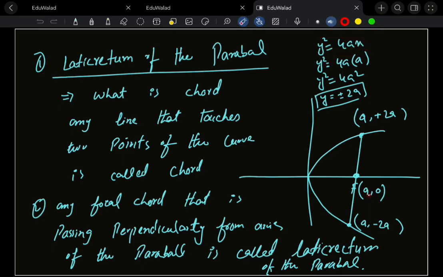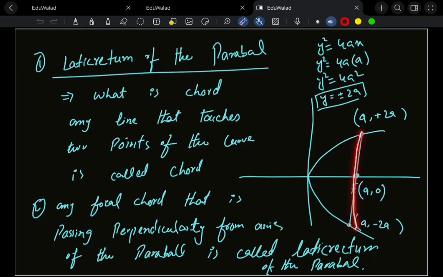If we put the value of x into this, we get 4a into a, which equals 4a square. If you take the square root on both sides, the value becomes positive or negative 2a. So positive 2a will be above the x-axis, along the positive y-axis, and negative 2a will be along the negative y-axis. So the length of the latus rectum would be, because length is basically a distance between two points,